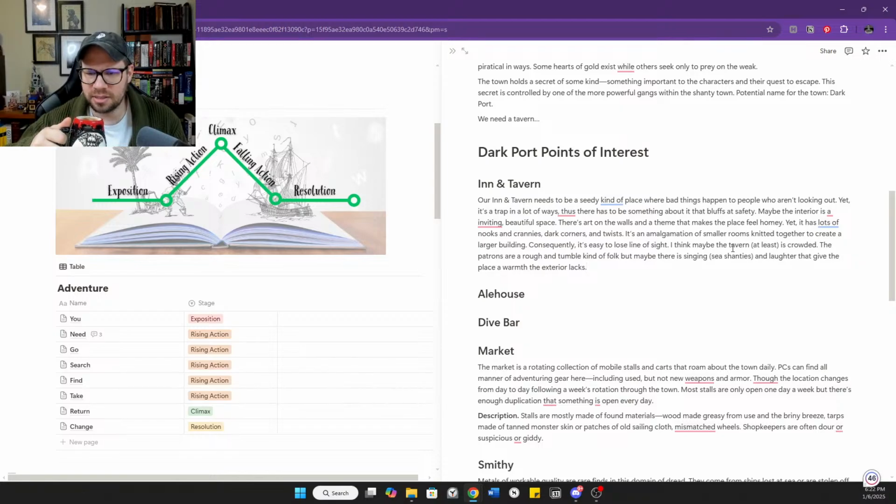And in the meantime, let's jump into some other places here. What else do we want to brainstorm? We probably need a counterpoint to this. We probably need some place that's a lot seedier, maybe. Maybe perhaps not actually as dangerous. Something that's less of a trap.